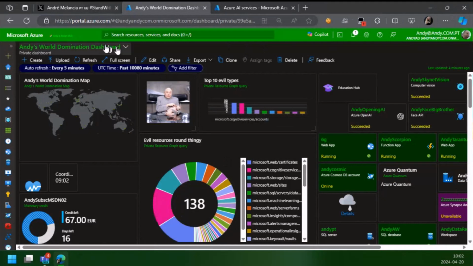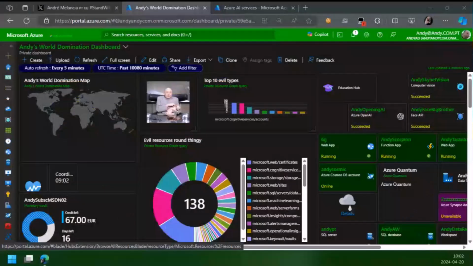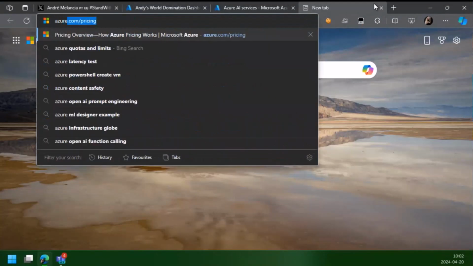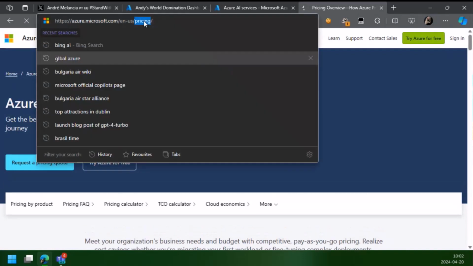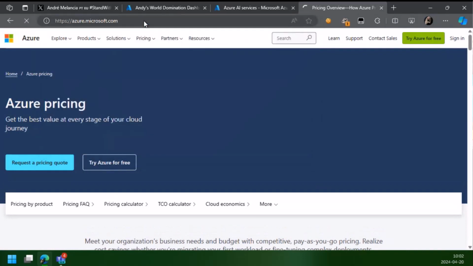So if I go here to some website, oh, wait a minute, sorry. I stopped sharing accidentally. It's the Teams thing that pops up, my fault. So if you start to go, for instance, to Azure.com, oh, I don't want the pricing page. That's an awful page to go to. Sorry about that. It's just automatic.